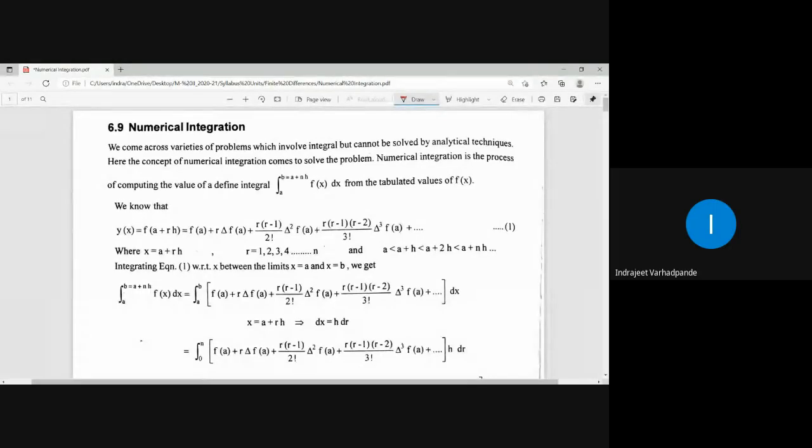The next and last topic of discussion is numerical integration. As the word suggests, numerical integration will be done with the values in a table, applying a certain formula. In numerical integration, we will be discussing three different techniques. One of them is called the trapezoidal rule. The second is Simpson's one-third rule, and the last is referred to as Simpson's 3/8 rule. Why is numerical integration covered in this particular topic, finite differences?